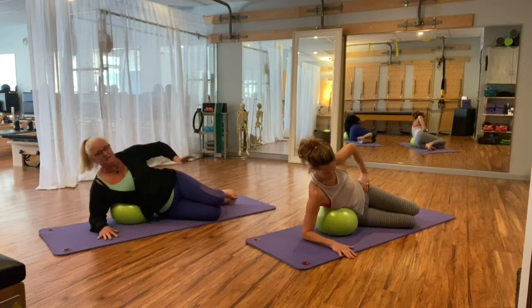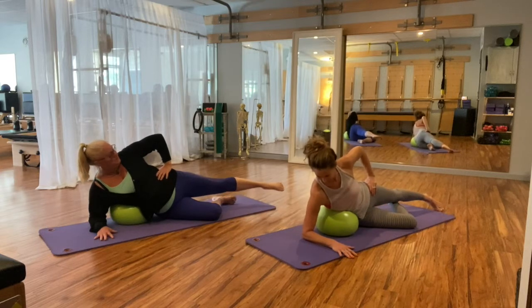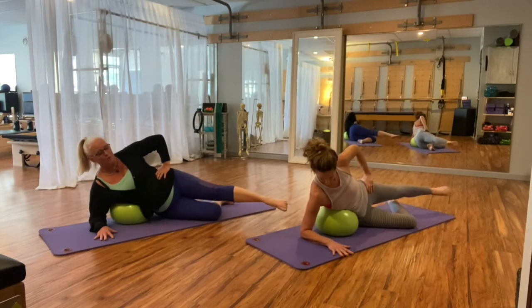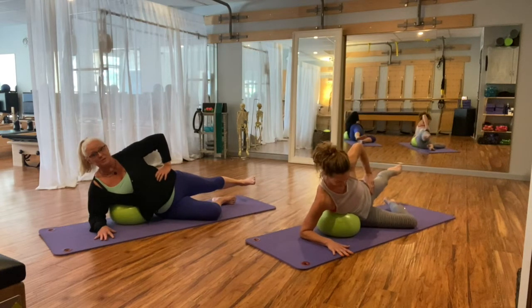All right, we're gonna bring that top leg all the way out. Am I gonna kick you? Nope. Okay, we're good. We're gonna lift that leg so it's level with the hip. We're staying lifted out of our arm that's on the floor. We're going to point that leg forward. Now we're gonna flex the foot and we're gonna pull it back, and you're gonna squeeze your glute without moving